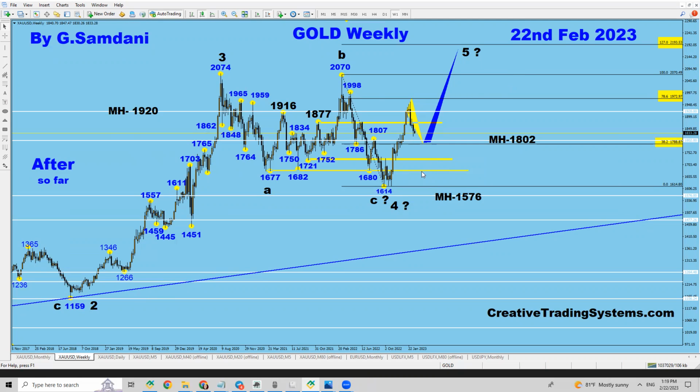Now we are facing FOMC, so it might drop here to 1802 and then go to the upside, or may go to the upside just above 1834. This is where it is sitting right now. You can read here 1833. So this is how exactly it is. Perfection, right? And let's see if 1834 holds, and right after the FOMC start to go up, this is where it's going to go,